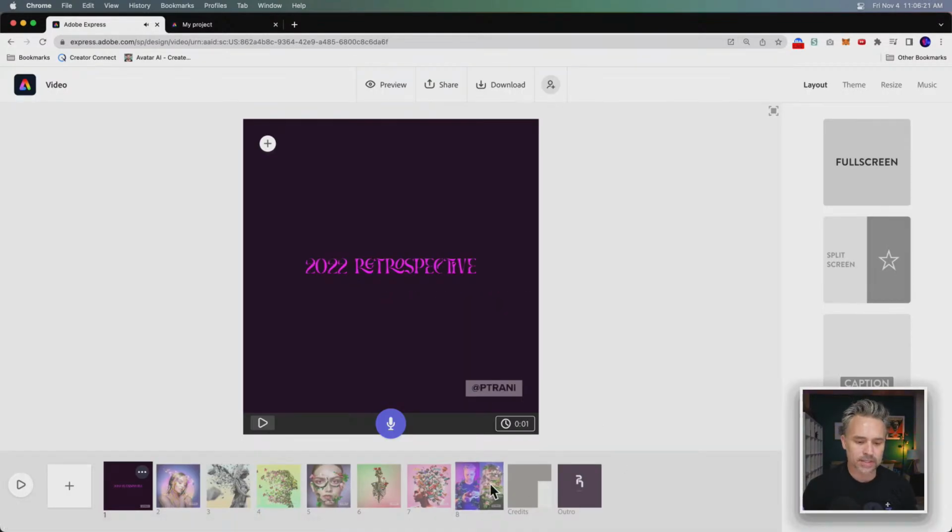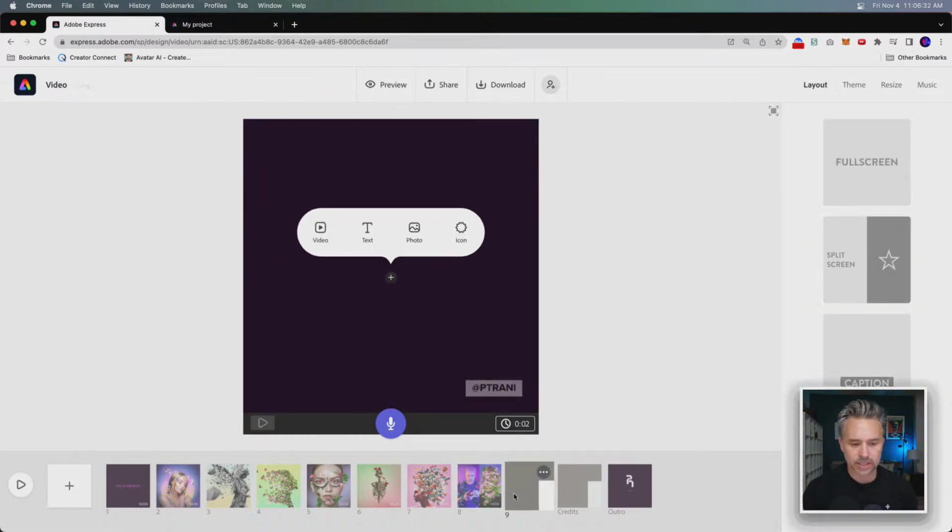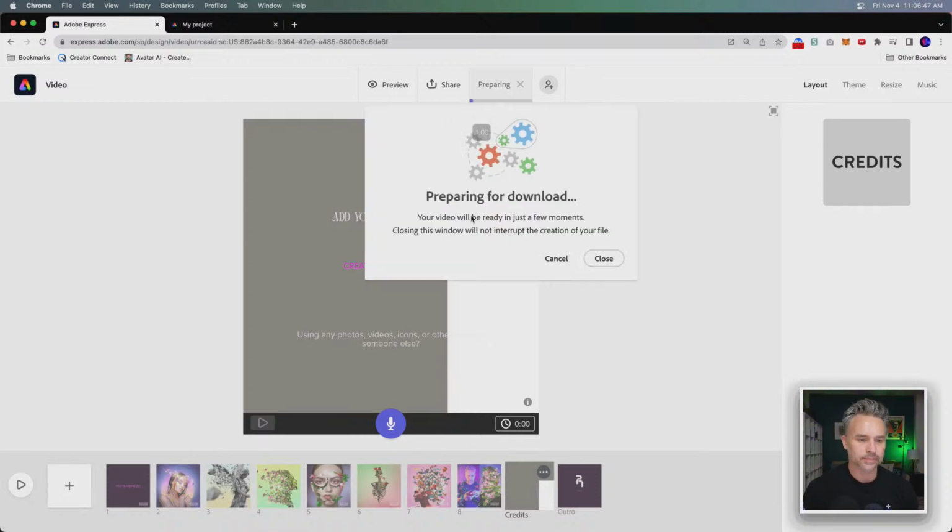I'm not even crazy about this last image. The only reason I did that is to kind of show you that you could add 2 images. But we could still play with all those layouts, just to show you the different layouts. Captions, titles, split screen. These are your 4 options. Okay, there we have it. Let's delete that, and we have this done. So from there, let's go ahead and download this video.